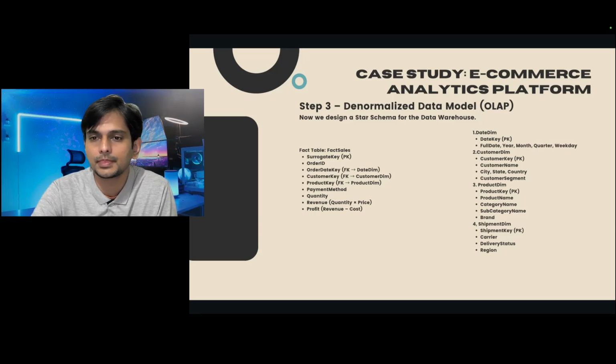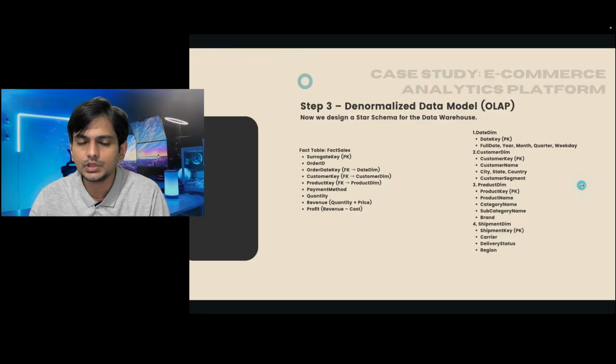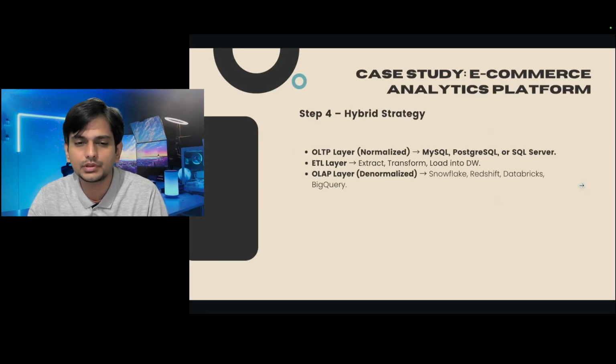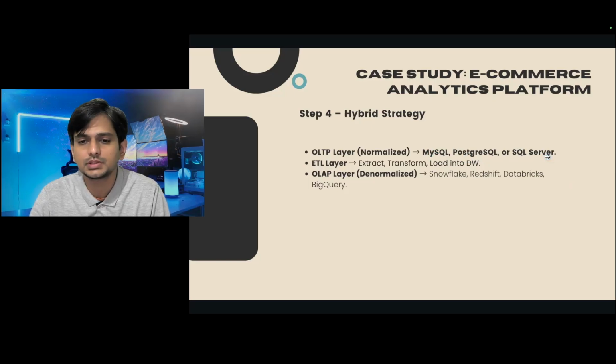So that's the reason. And now let's move to step four. Step four simply means that we need to take both the approaches. You cannot avoid normalization, and you also cannot avoid denormalization. So the OLTP layer is where it is normalized. You talk about MySQL, PostgreSQL, or SQL Server. Any of these, these are basically